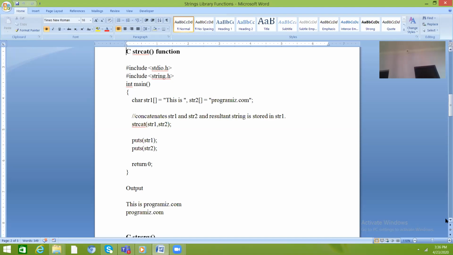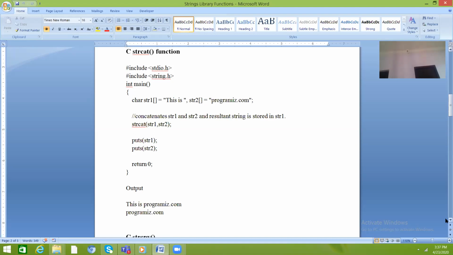Then to see the output I write puts(str1), puts(str2). puts is generally used to print the resultant string on the screen. If you want to print the string, you can use puts instead of printf.